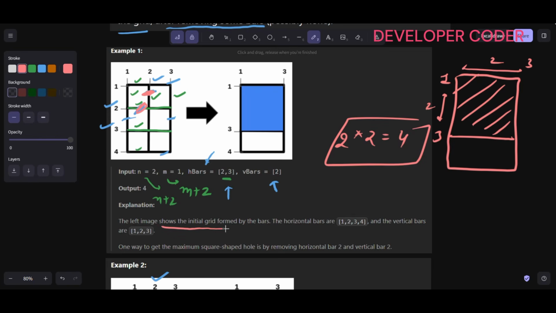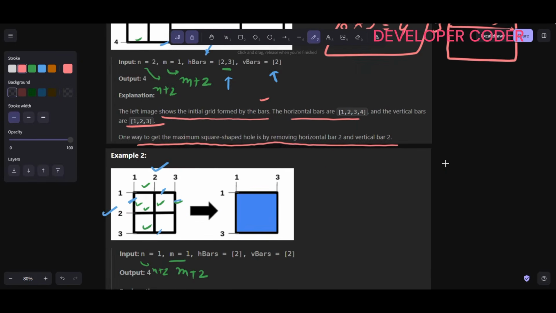The left image shows the initial grid formed by bars. The horizontal bars are 1, 2, 3, 4 and the vertical bars are 1, 2, 3. One way to get the maximum square shaped hole is by removing the horizontal bar 2 and vertical bar 2. Done. So whenever I'm removing any bar, if you see here,